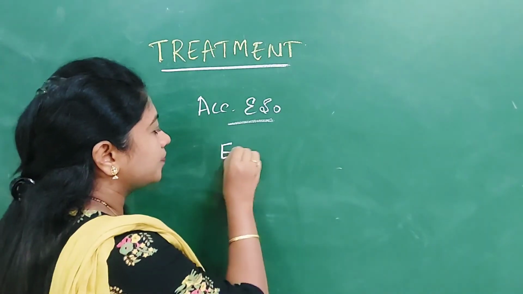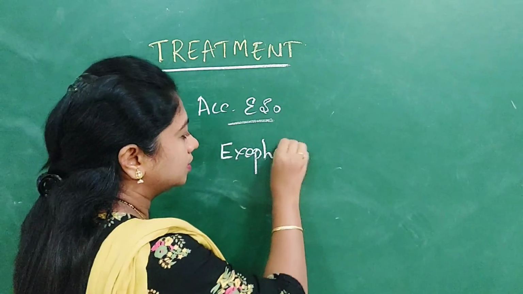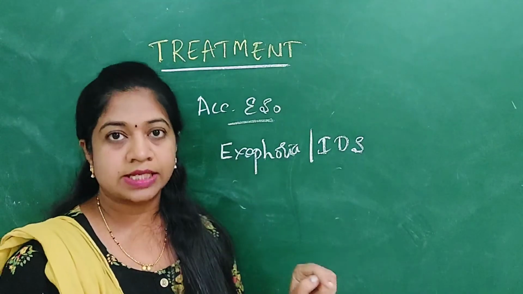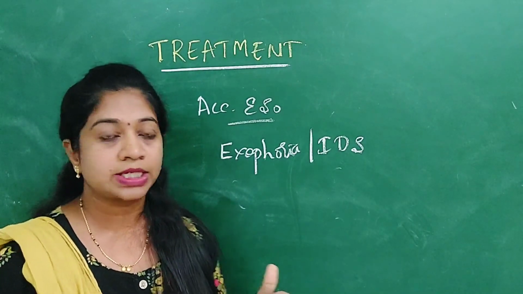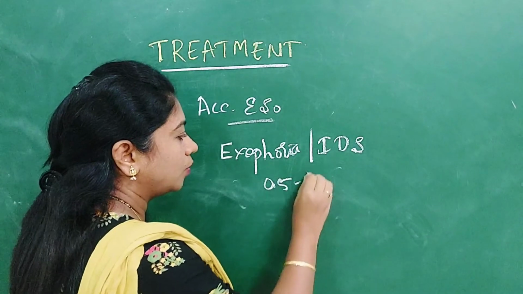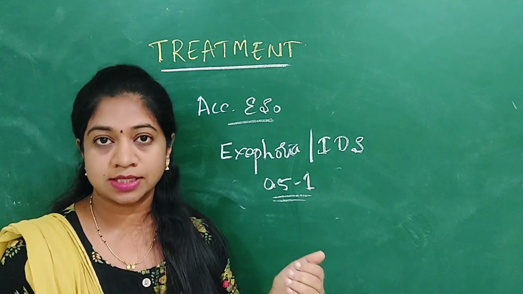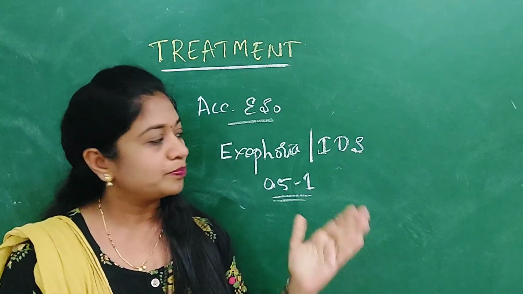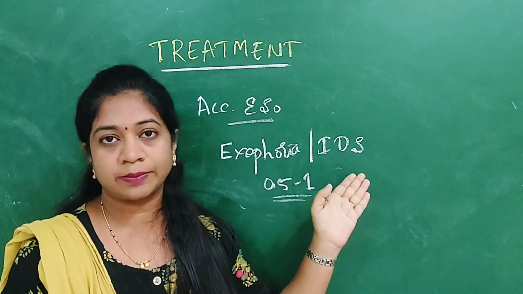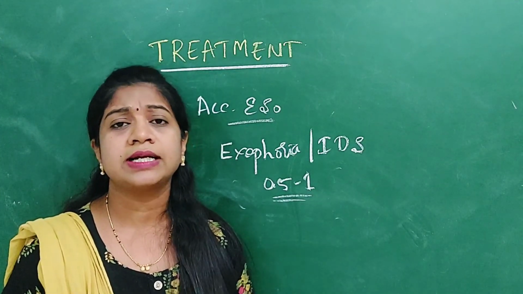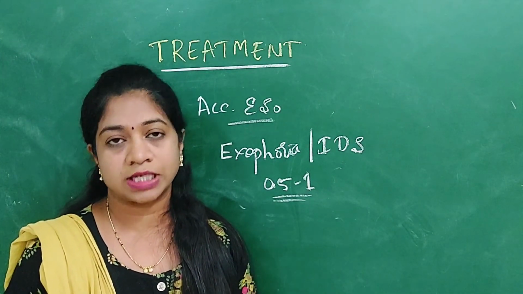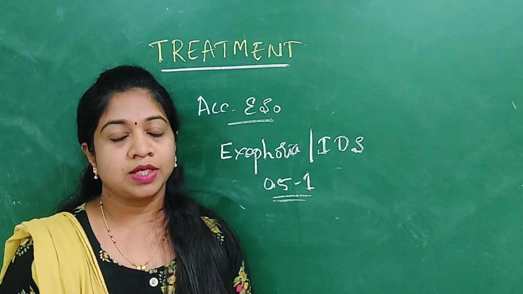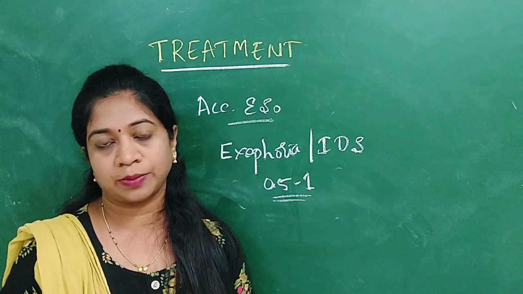If the patient is having exophoria or IDS, the intermittent divergent squint, and the patient is having hypermetropia, then you will have to undercorrect the patient by 0.5 to 1 diopter, so that the patient has to exert some amount of accommodation to overcome the hypermetropia. Thereby there is some convergence happening, which will overcome this exophoria or the intermittent divergent squint. And whenever the child has hypermetropia with already manifest amblyopia, then give the full correction and do the occlusion therapy to overcome the amblyopia.